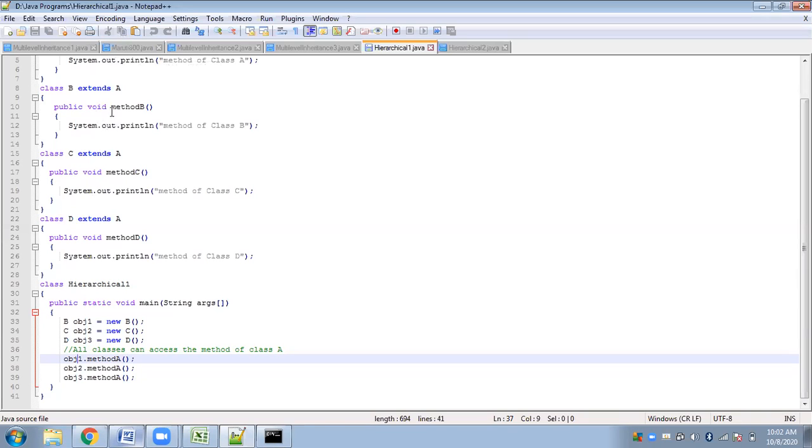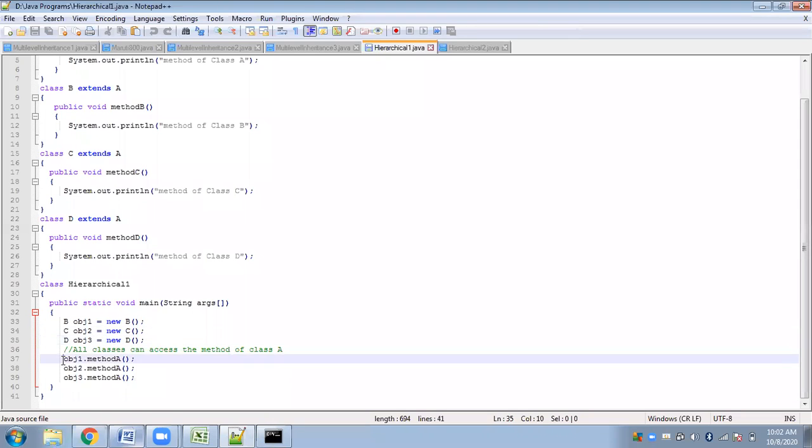But if you want to refer to the methods of these child classes, they can be invoked only by using their respective object. That means object 1, which is an object of the B class, can invoke only method B and method A. It cannot invoke method C or method D. Likewise, object 2 can invoke the methods of class A and class C only, and object 3 can invoke methods of class A and class D only.